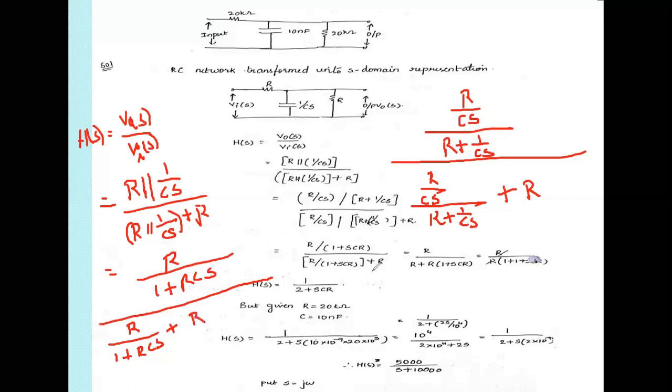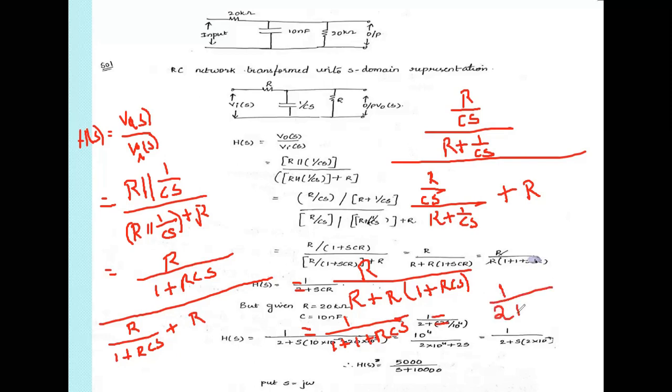Again, you can add the function R. Denominator is the same. Let it be the R as a numerator and R plus R into 1 plus RC into S. The denominator 1 plus RCS and 1 plus RCS get cancelled. Okay. So take the R as common, and 1 by 1 plus RCS. Take the R and R the common, and you can cancel the R in the numerator. Here the 1 is there. 1 plus 1 is a 2. 1 by 2 plus